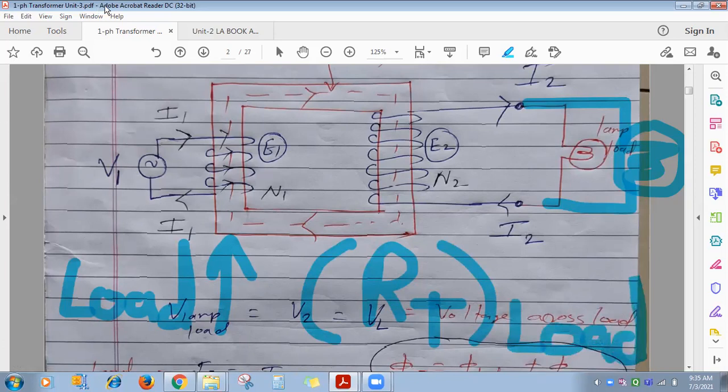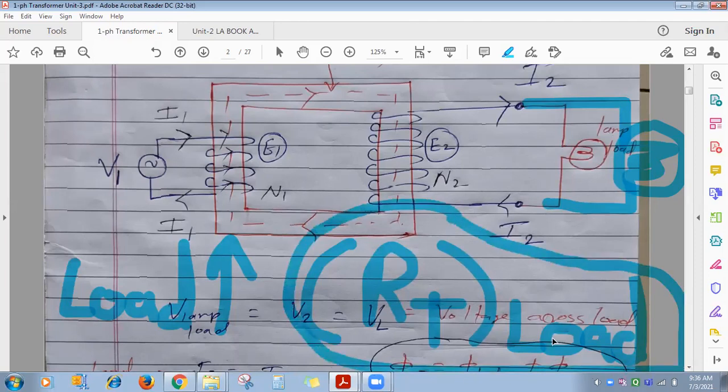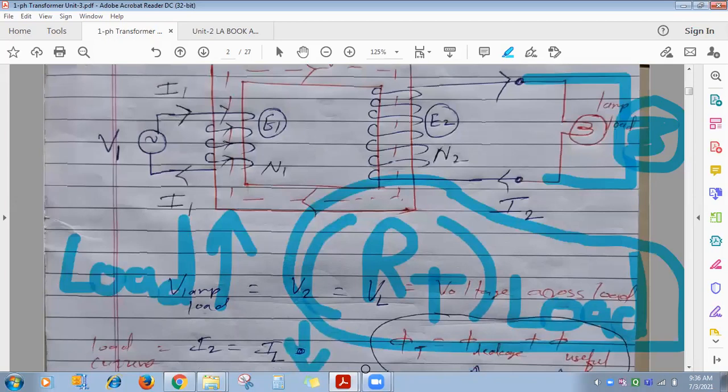Now the load on the transformer you are increasing, and the load gets connected in parallel. So what do you think about the total load resistance? 4 and 4 ohm in parallel, what is the resultant? Suppose I have connected 4 and 4 ohm in parallel, then what is the equivalent? 2 ohm. So what is the conclusion? As you go on increasing load and as load gets connected in parallel, will total load resistance decrease or increase? Decrease. Total load resistance is decreasing here, isn't it?